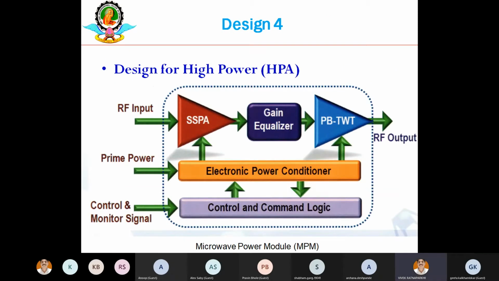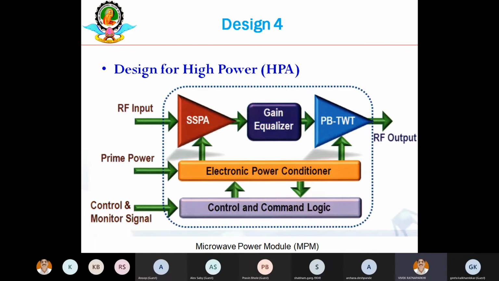So what is this high power amplifier? It is always there. It is there in your satellites, in radars, in electronic warfare, in airborne, spaceborne and shipborne applications, even in your BTS towers. And it is also there in your mobile phones, or in short, for any transmitter and receiver. Probably for transmitters, we do require high power amplifiers.